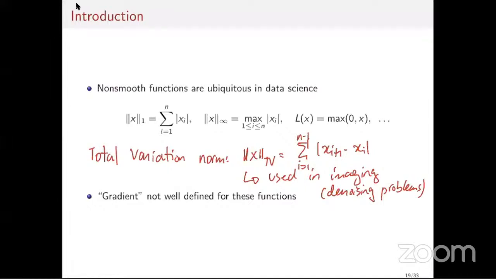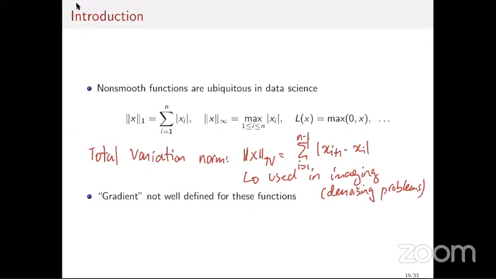What I would like to do today is to first present the basic mathematical tools that we need to be able to deal with such problems. Today I will present probably the most basic algorithm to deal with non-smooth problems, which is called the subgradient method. It is a very simple method, also a one-liner. It's very similar to the gradient method, except that instead of using a gradient, you use a subgradient. We will see, however, that its performance is quite poor. It is quite slow.